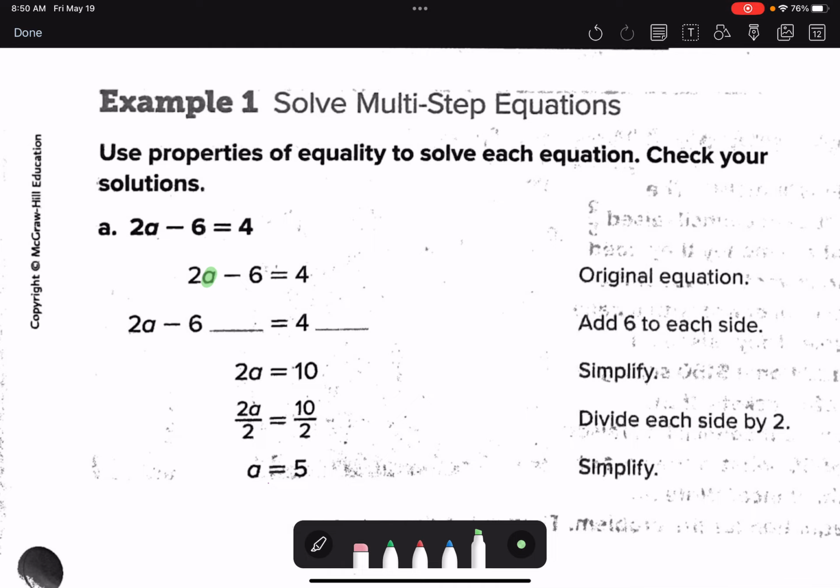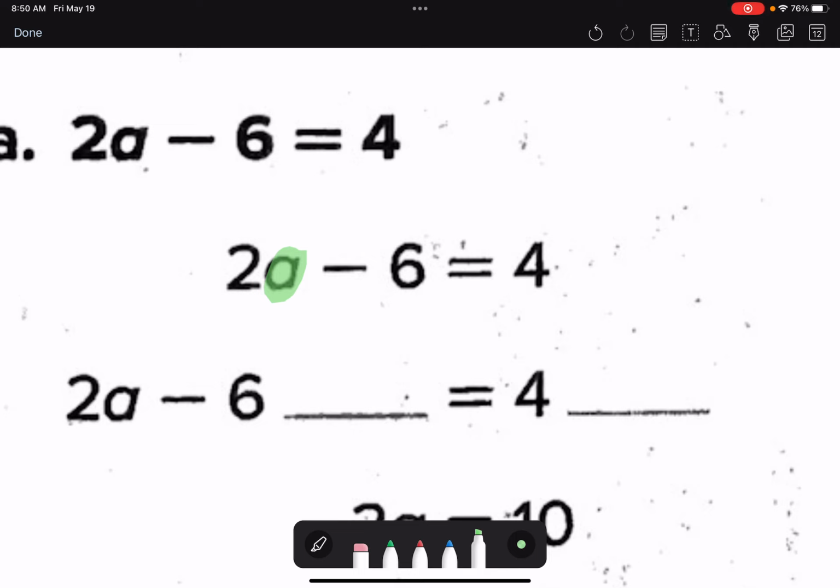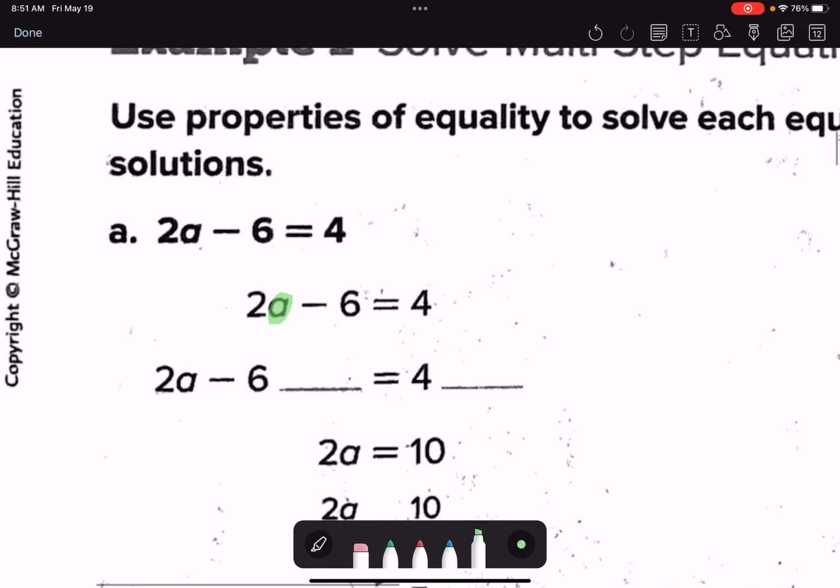So again, what I like to tell my students is look at what's here. What math operations are in the original problem, and that will tell you what math operations you need to do to get rid of it. So just look at a problem. You see a minus, I'm going to have to add. You see multiplication, I'm going to have to divide. And then what you do for these problems is you have to actually go in reverse